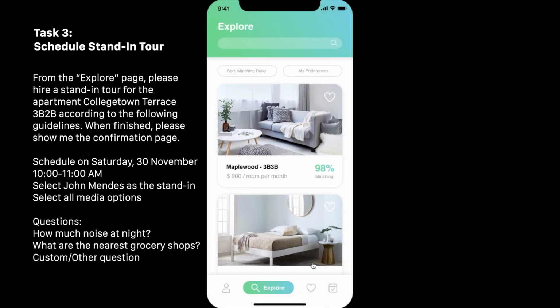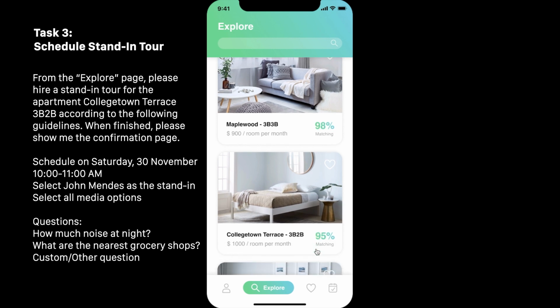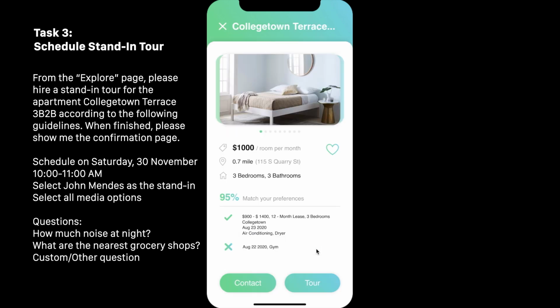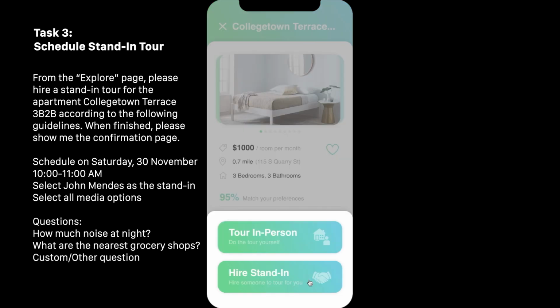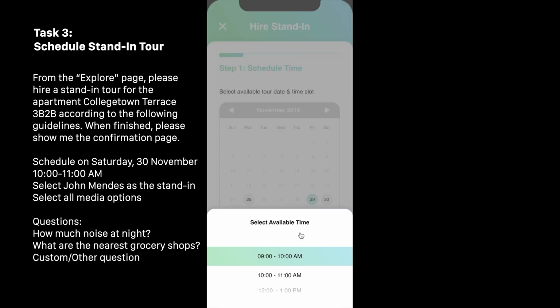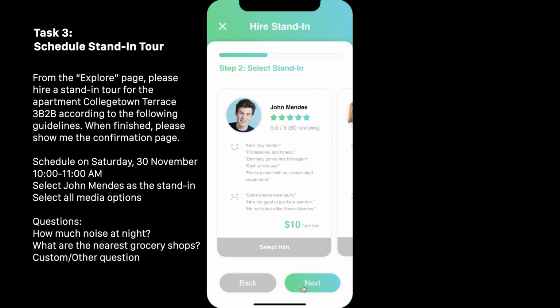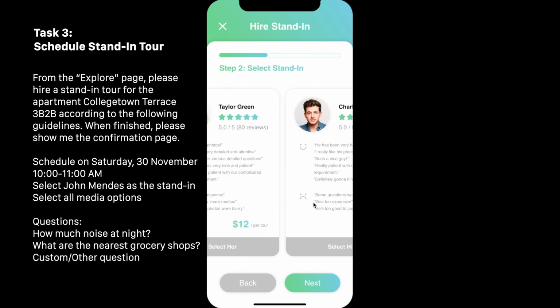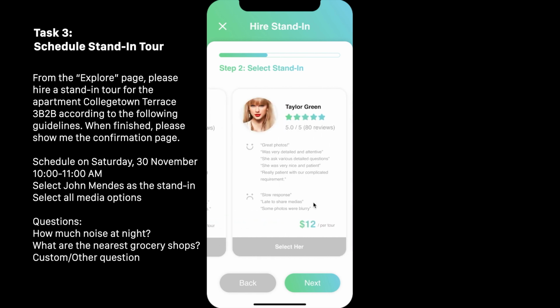Let's move on to the third task. Users can click the housing option card in the Explore page, see the detailed information page, and click the tour button. And they can select the hire-a-stand-in option. And then they select the time slot for the stand-in to have the tour. Then users can see a page of all the stand-ins that are available,